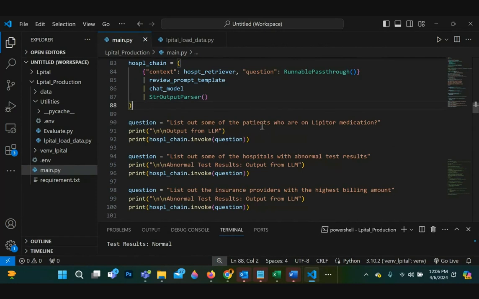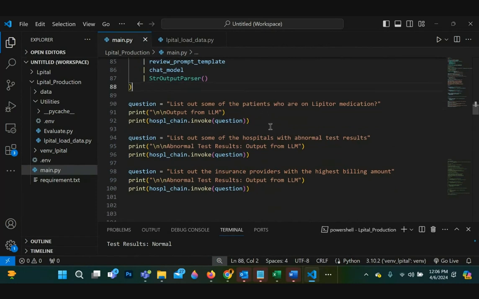So now we've done all the hard work, the setup, the integration, if you will. And then I have 3 examples here. First, I want to list out some of the patients who are on Lipitor medication. It's the same question that we used. We asked the embedding model, but this time we're asking the whole chain.